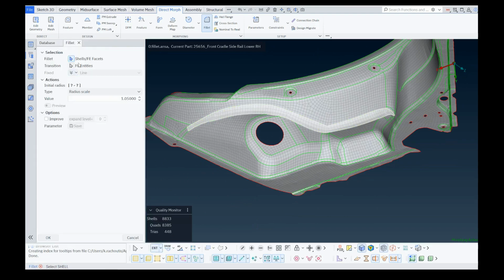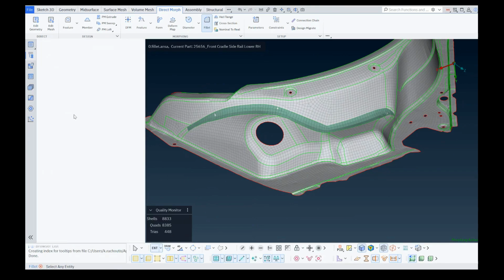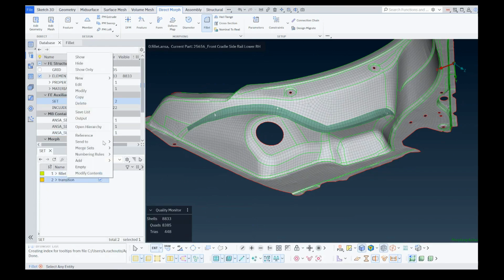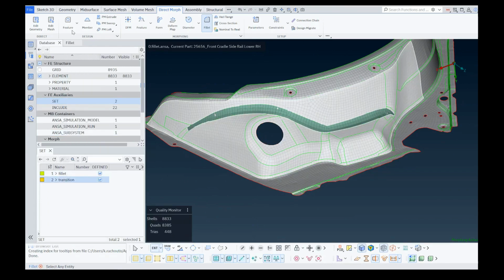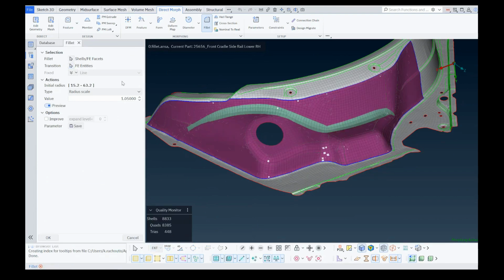We start with the definition of the affiliate region. We move to the definition of the transition area. And depending on our case, we may need to adjust the fixed areas where the modification of the fillet regions will stop. We can either select the automatically defined ones as you can see here, or we can even define new ones by selecting the second option right here. Let's say, for example, that we want to freeze the modification of this round hole, maintaining the shape.